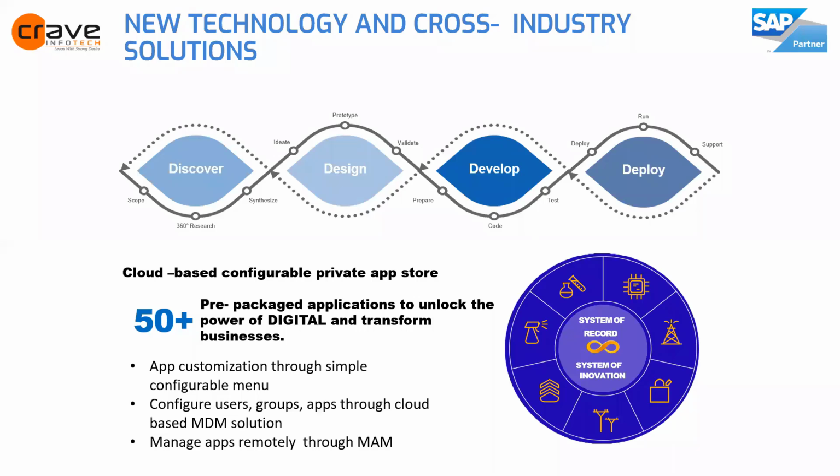One of the things which we had is how we can save using our solution. So we have around 50 plus prepackaged applications. They are into different industry segments. They are into enterprise asset management, so maintenance, calibration, facilities maintenance, preventive breakdown. We have applications into the supply chain, so we have warehouse management. I'm going to give a quick glimpse of these applications so that you can understand what you can do with